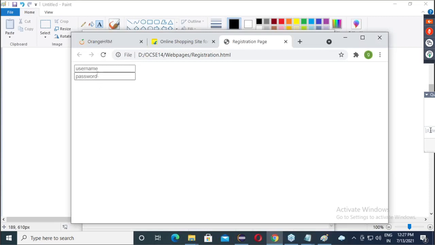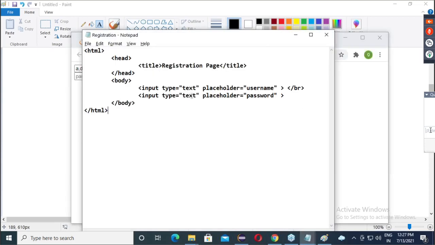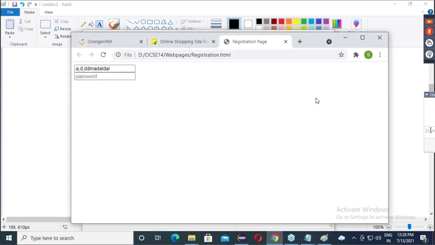Now one more change. Password. See, username is always visible. Password is never visible. It will come in a black dot. So for that we have to change the type. Boss, it is not a normal text field. It is a password field. So, refresh, no change. Now enter password. Get the point?